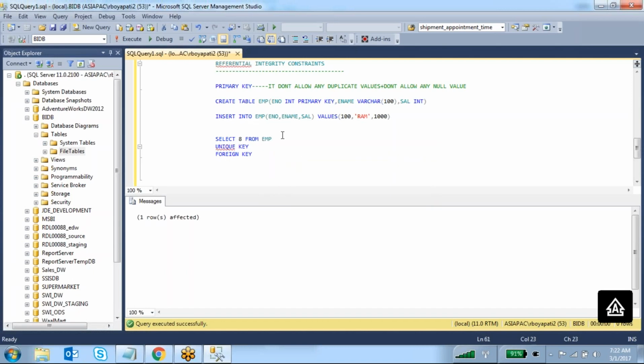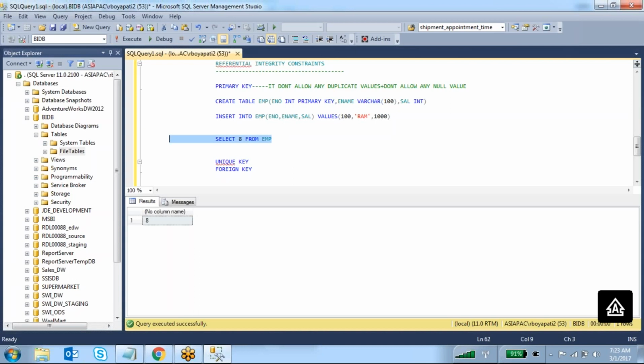Okay guys, so many times I made this mistake. It's a type of mistake. If I execute this query, what will happen? How many rows are in your EMP table? That many times it will print 8. See, you have only one row. That is the reason it is printing 8 one time.